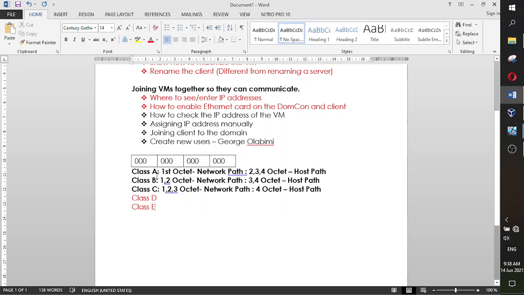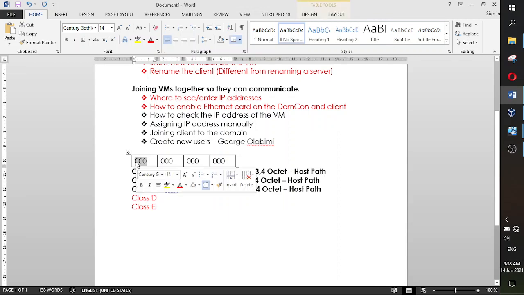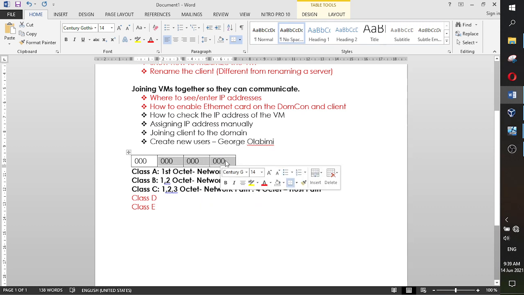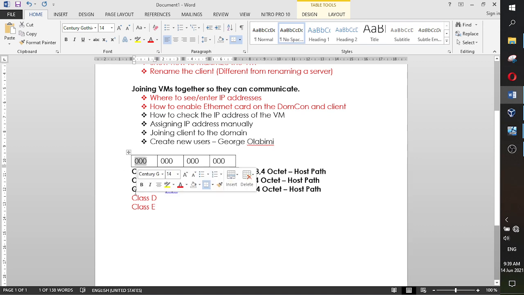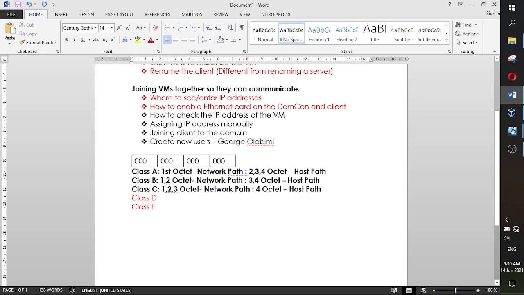So if I'm using class A IP address, all devices on that network have the same first octet. Where there will be variables are the last 3 octets, so you can assign different numbers to different devices and machines, but the first part, which is the network path, will be the same. And what that means is, if you have a system and another system on a class A IP address, for them to communicate,